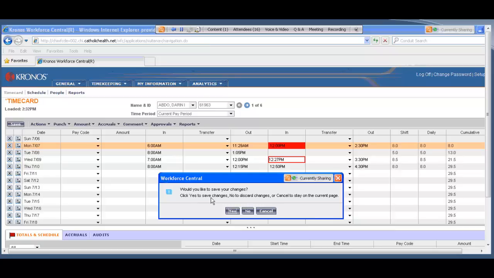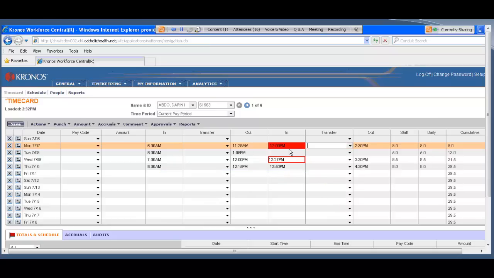You want to save it by clicking yes, no, discard it, or stay on current page by clicking on cancel. I'll just click on cancel here. I put in the 12 o'clock. Before I actually go in and save it, I want to do what I call